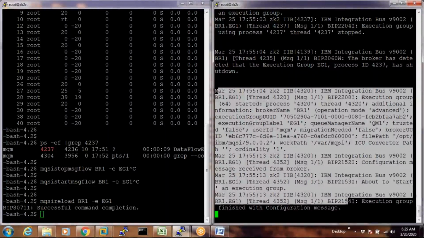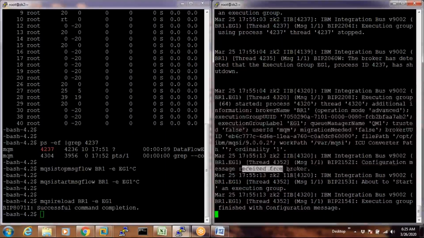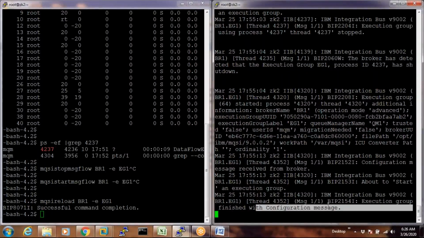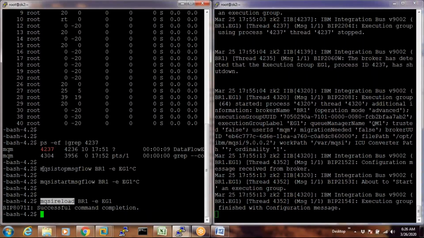It says configuration message received from broker. It means the execution group has been successfully started. See, about to start an execution group. Execution group finished with the configuration message. So mqsireload is just a combination of both mqsistopmsgflow and mqsistartmsgflow. That's what mqsireload does.